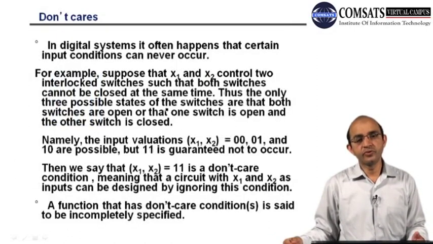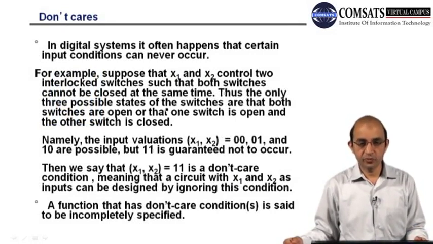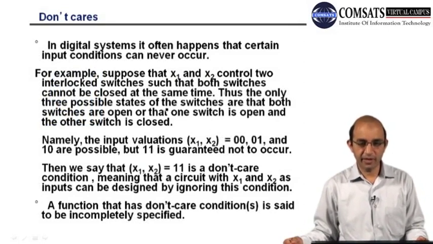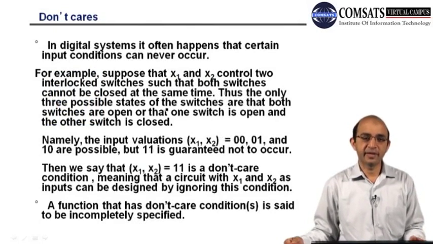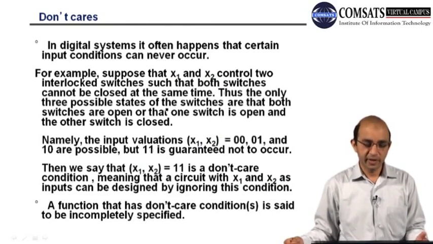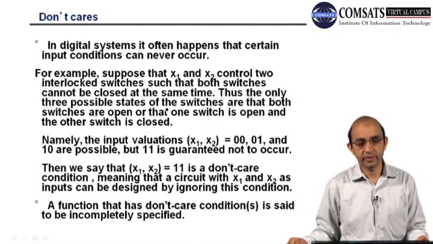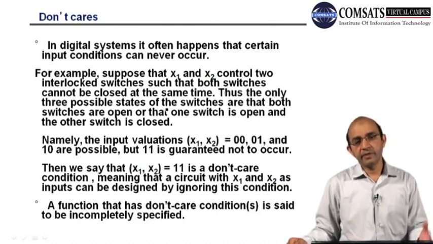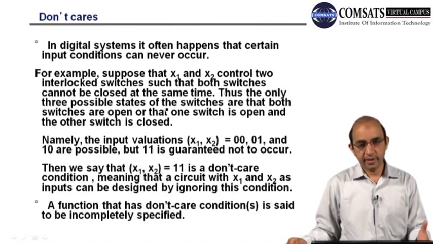And now let's move to another important topic, that is don't care. Although we do care in our normal life, this is a technical terminology. So how can we exploit don't care conditions to get more simplification when we are using K-maps? Let me give you an example. Let's say you have a two control or two level,